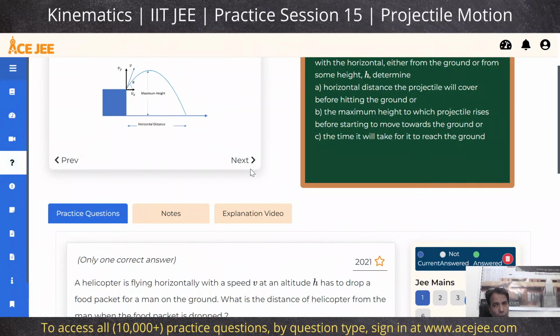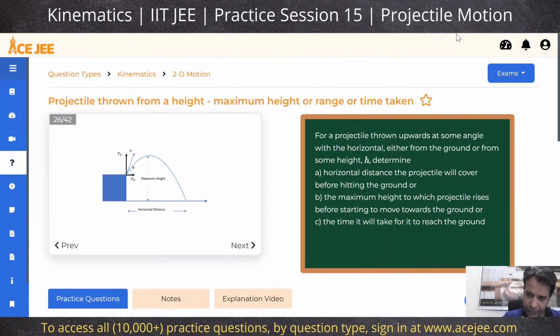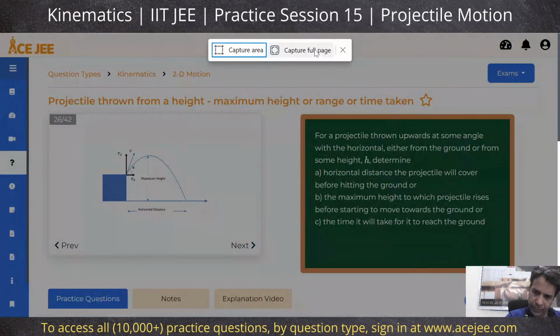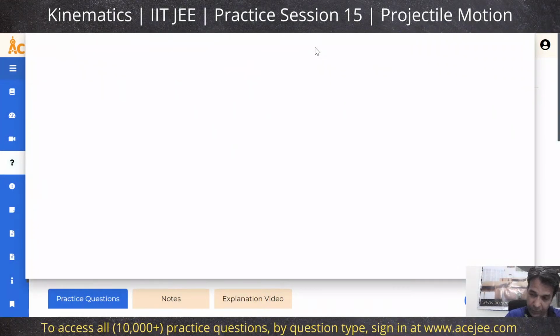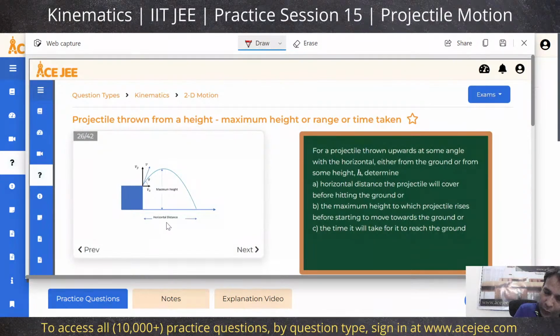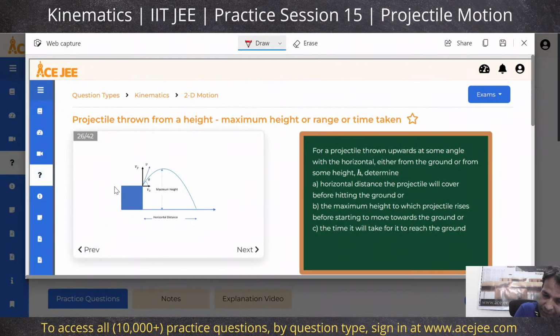Well, you know now your vertical displacement is that height h. And if you put that in there, if I have to write the equations, what will those equations be? If the height is h,